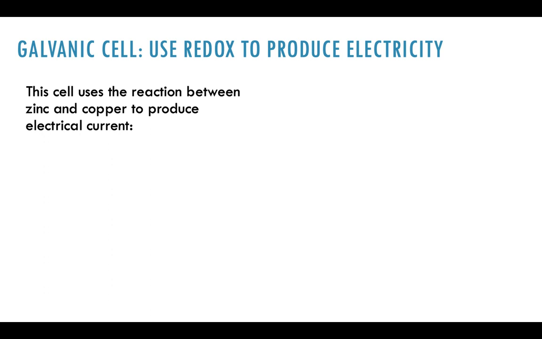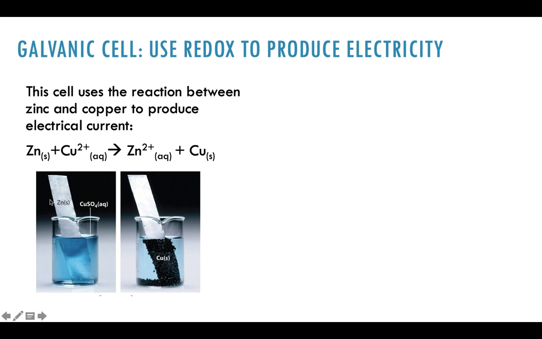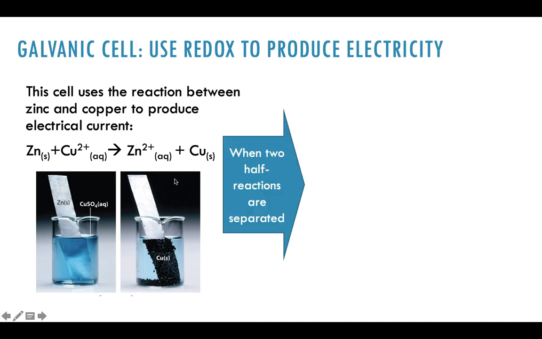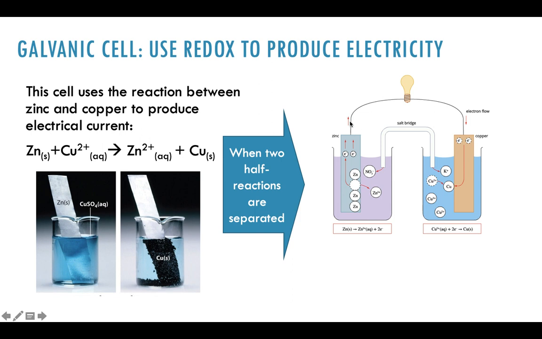So the cell uses reactions between, for example, zinc and copper. Do you remember this reaction? When a zinc strip is put into copper solution, the copper solution fades, and there are copper deposits. So that is a redox reaction. So if we separate these two half reactions, the reduction half and the oxidation half, and we connect a wire between them,